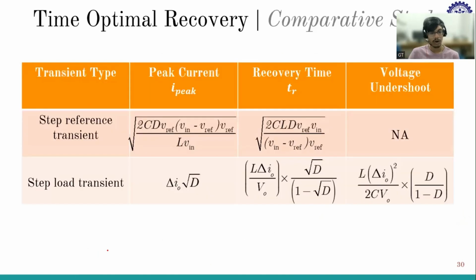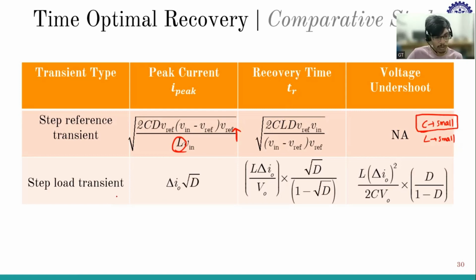So why are we discussing all these things? Because if you consider reference transient, we want our recovery time to be small. So we want capacitance to be smaller, right? And if you consider L to be small, then your ripple will increase. So I need capacitance to be smaller so that my recovery time will be smaller, which means the system is